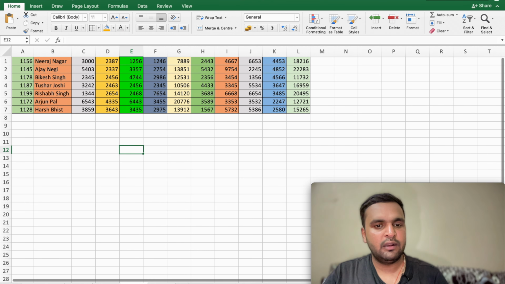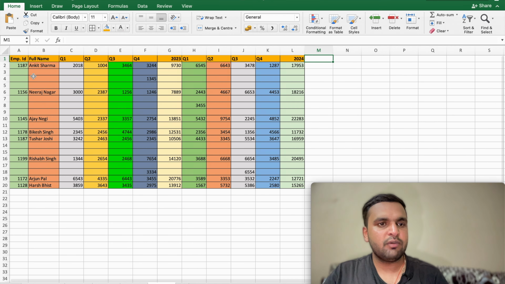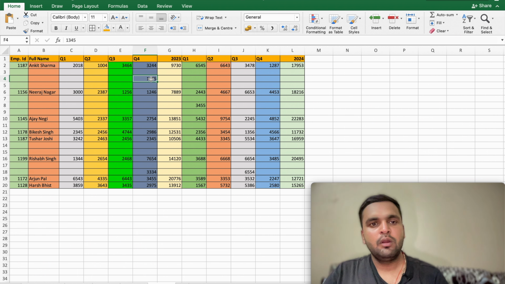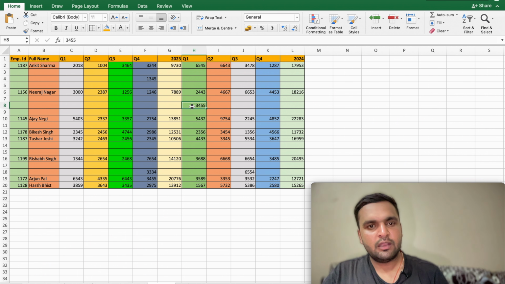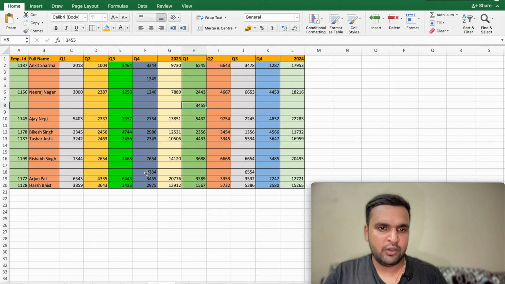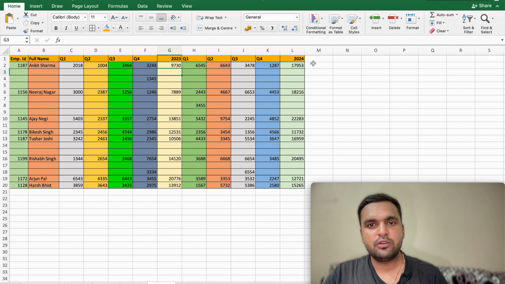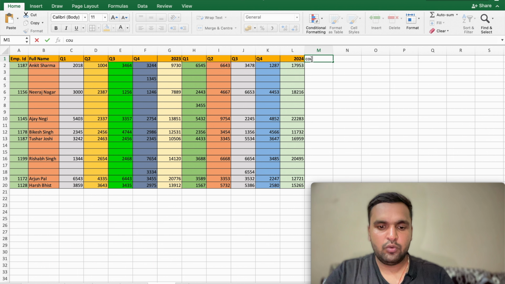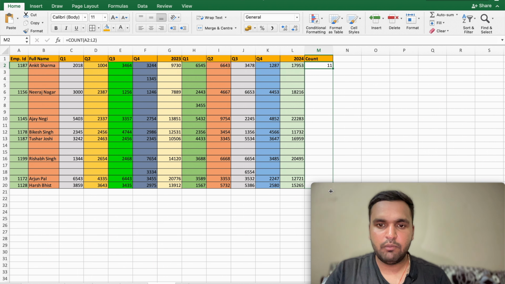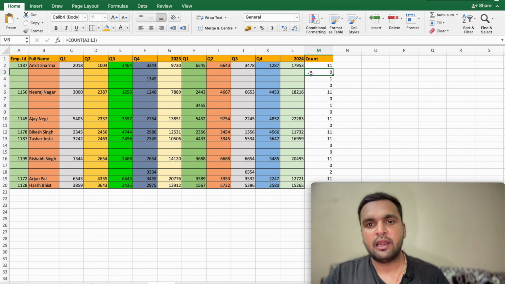I have the filtered data with me, and I have created one more table in which I have put some data here. As you can see I have provided some values here, and in this case what I'll do is I'll just type equal to COUNT. Then I'll type equal to COUNT, press Tab, then I'll select the data and press Enter. If I drag till bottom, as you can see I get the idea in which rows the data is filled, and